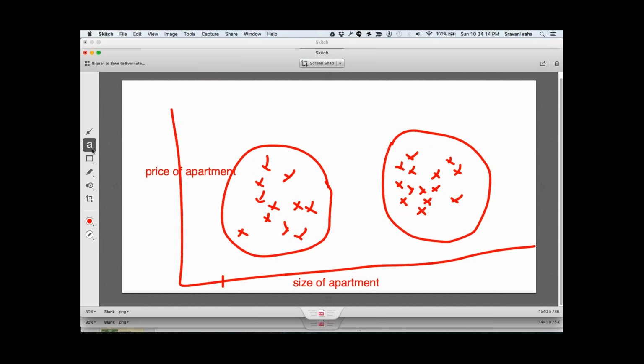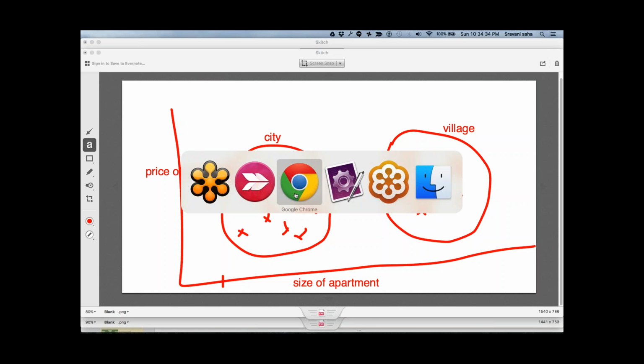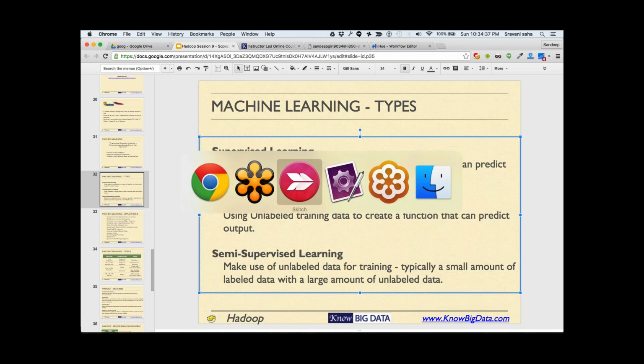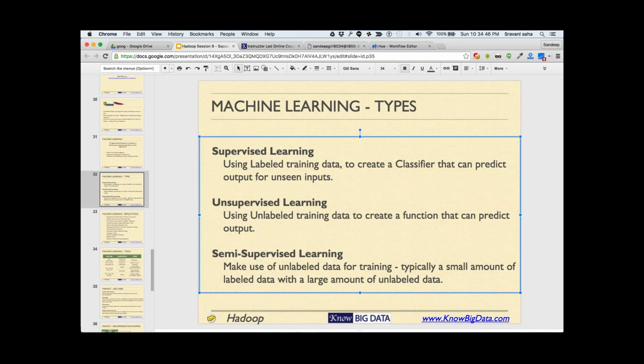So generally, when you convert it using unsupervised learning, the chances are that this will be city and this will be village. This kind of classification is called unsupervised learning. All right, and something in between is called